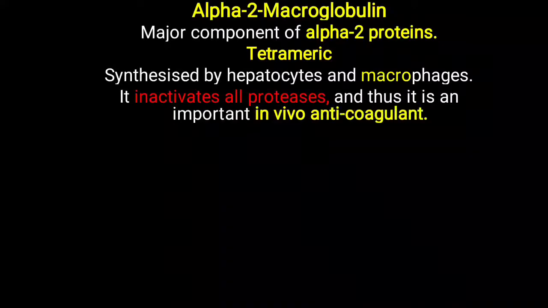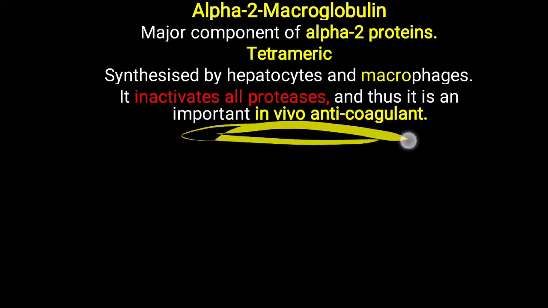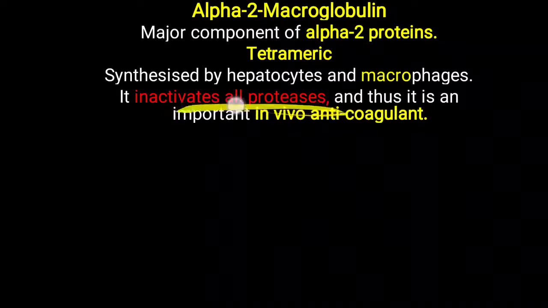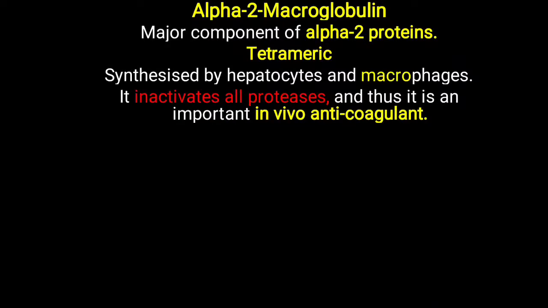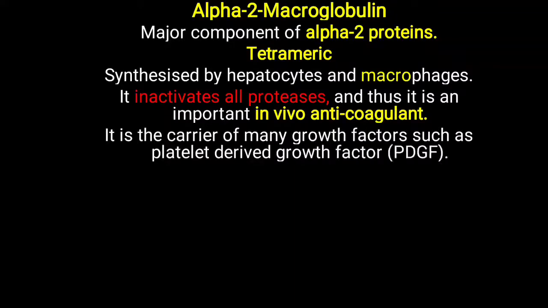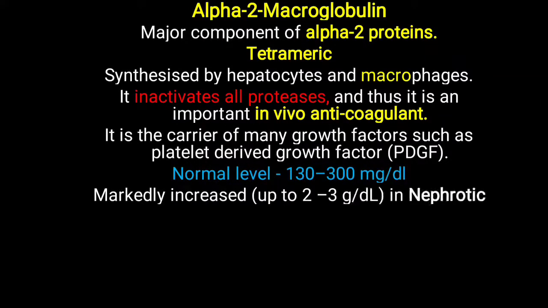So it inactivates all proteases again, and thus it is an important in vivo anticoagulant. Previously, alpha 1 antitrypsin was particularly a serine protease inhibitor; here it inactivates all proteases and that will work as an anticoagulant. It is also a carrier of many growth factors such as platelet derived growth factor, PDGF. Normal level is 130 to 300 milligram per deciliter, and it markedly increases up to 2 to 3 gram per